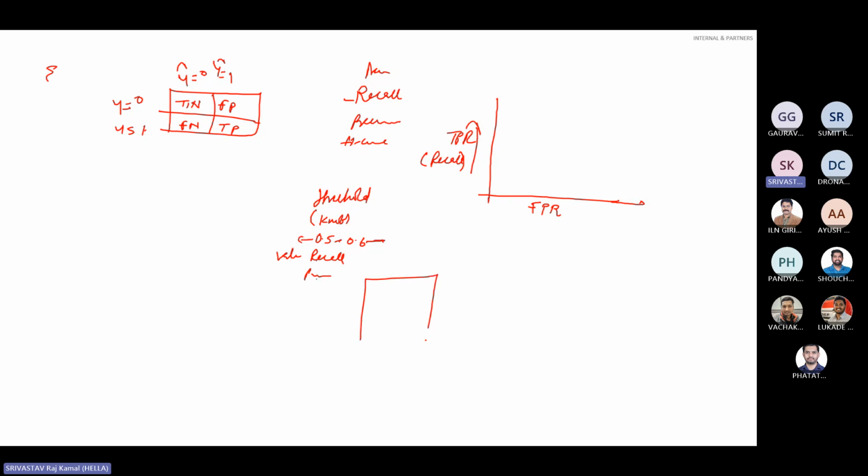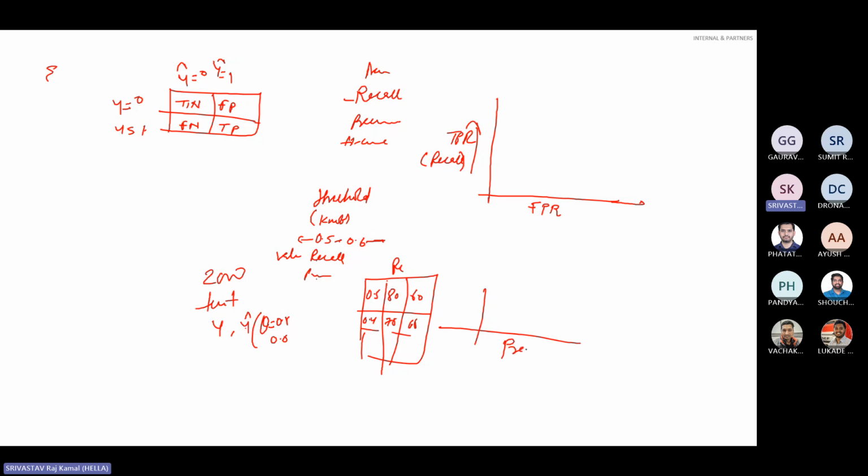So ideally, over the 2000 test rows, where y predicted depends on the threshold being 0.5, 0.6, we can create a table. When the threshold is 0.5, recall was 80, precision was 60. When it was 0.4, this was some 75, this was 65, for example, likewise. So with this we can create a table, and if we plot it